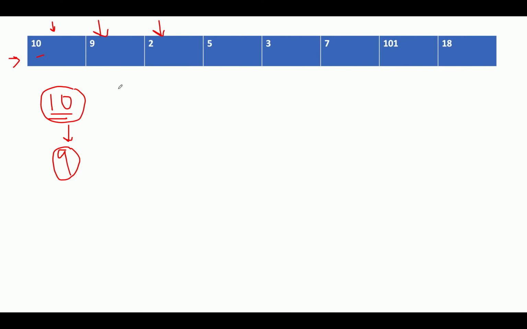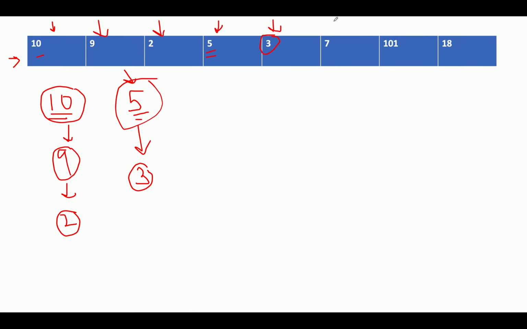We get 2, and this time the value is lower than 9 again, so we will place 2 here simply. Let's move on to the next iteration, and this time we get 5. 5 being a higher value than 2, you can't place it in the same column, so we'll create a new column there, and we get 5 as the beginning of a new column. Let's move ahead, and then we get 3. So this time we have 3, and 3 is lower than 5, so where are you going to place it? You'll place it in the same column